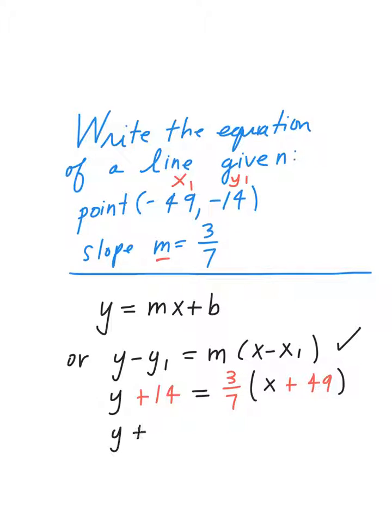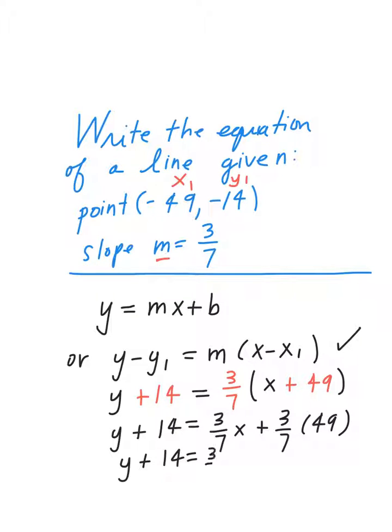So, distributing on the right side. So this looks like 3/7 x plus 3/7 times 49. And when we simplify this, I get y plus 14 is equal to 3/7 x plus, notice here that 7 goes into 49 7 times, so then I end up with a plus 21. Okay, and then finally, when I subtract 14 from both sides here,